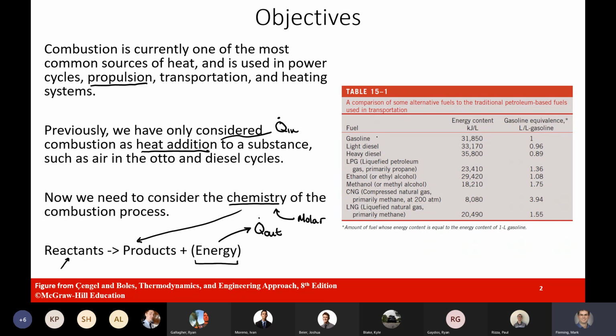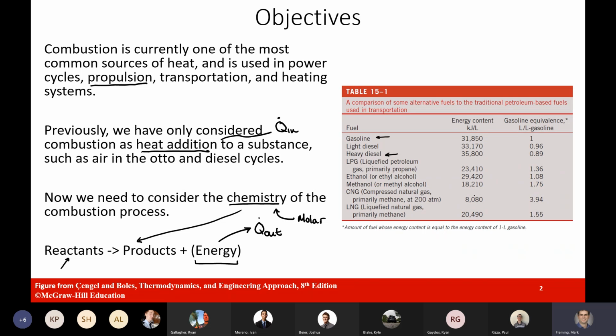We have some gasoline, which has a pretty good energy content per volume. Diesel is a little bit better than gasoline. But again, we can get some very dense fuels with high energy content per volume. We have some that are low because these are generally more gaseous. And so it doesn't necessarily mean that these fuels don't have a whole lot of energy. It just means that we'll have to have a larger container to essentially store them to get all of that